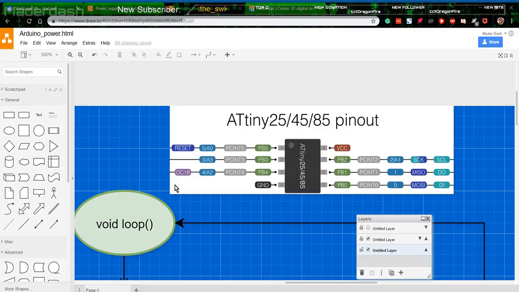So I think that should be it. Can't think of anything else I need to add or take away. If anybody in the stream can think of anything to add or take away,